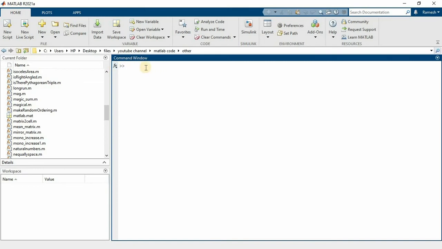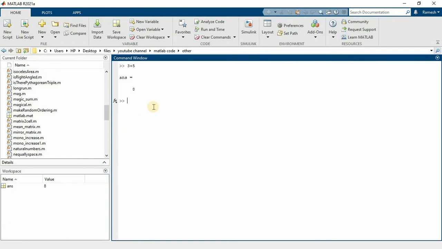This section is basically for writing a single line command. For example, if you want to write something simple like 2 plus 3 is 5, 3 plus 5 is 8, a simple one line command, it is the same as the terminal in Python. And the lower end is the workspace.